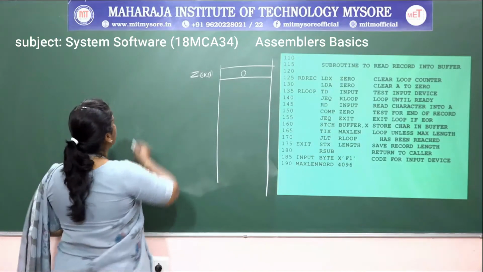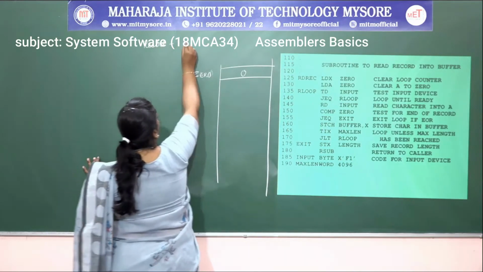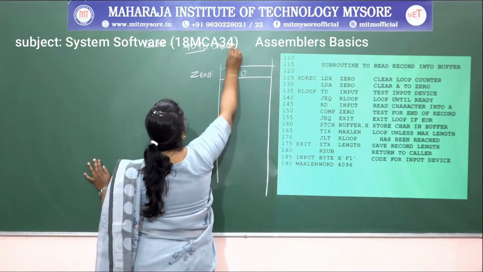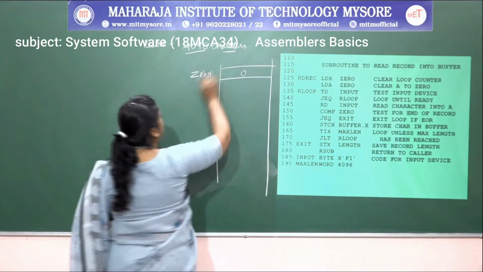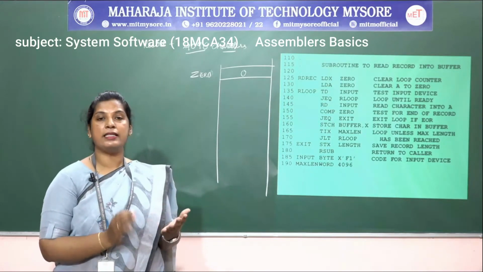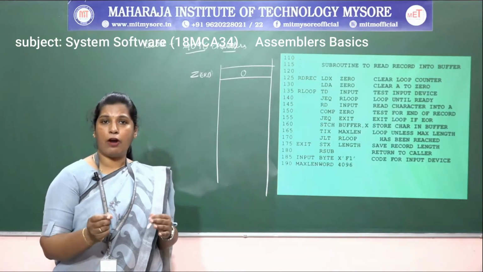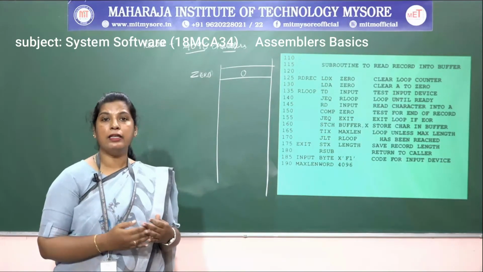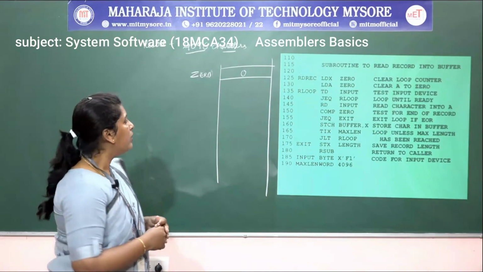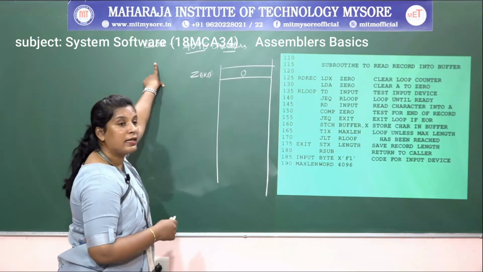So let us assume each record is capable of holding 4096 characters. This is the maximum length. Once the maximum length is exceeded, it will not take any more characters; it is the end of record. If I want to end that record in between, say after entering 100 characters, I want to enter only that 0 there. That is the hexadecimal value. So each record is capable of holding 4096 characters.